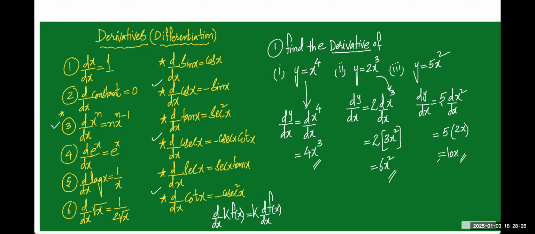Now you understand? Yeah, so the power is decreasing, right? Yes. According to the rule, you can see the formula. And then the power also becomes the number in front of the x. x to the power n means n x power n minus 1. So shall I move to some difficult problem now? Yes, please. An extension of this one. The next question number